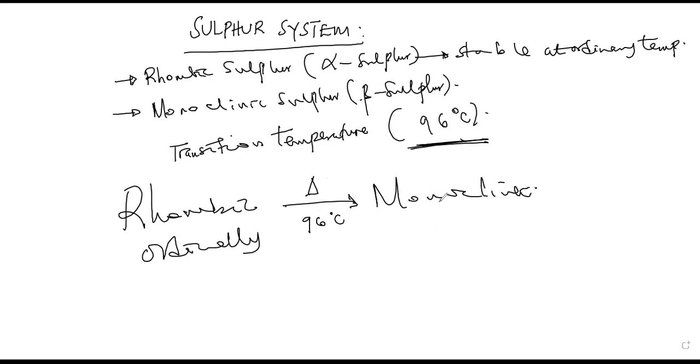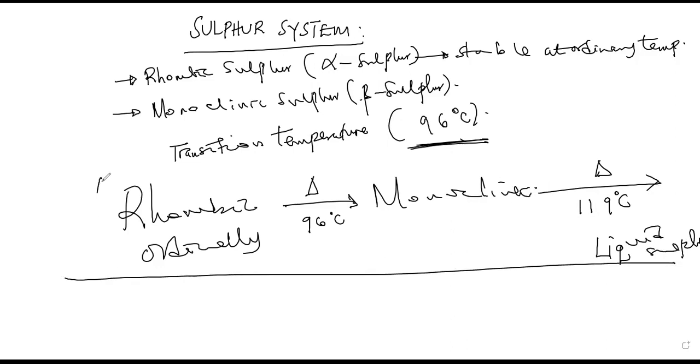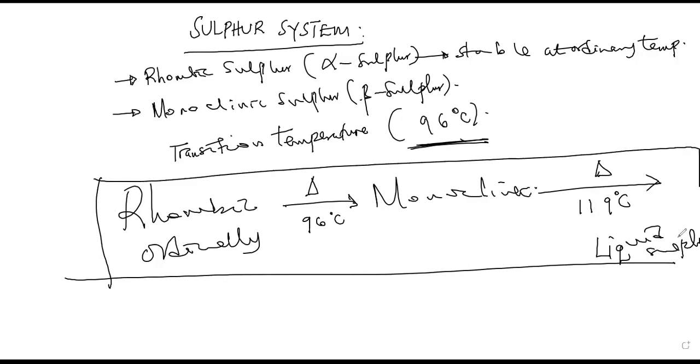Now, this further heating results in monoclinic sulfur changing to liquid sulfur. This further heating at a temperature of 119 degrees Celsius will change the monoclinic sulfur to liquid sulfur. So that is simply the mechanism, or the route that sulfur goes through once heated. Rhombic sulfur is stable at ordinary temperatures, but once heated, converts to monoclinic, which, when heated continuously, converts to the